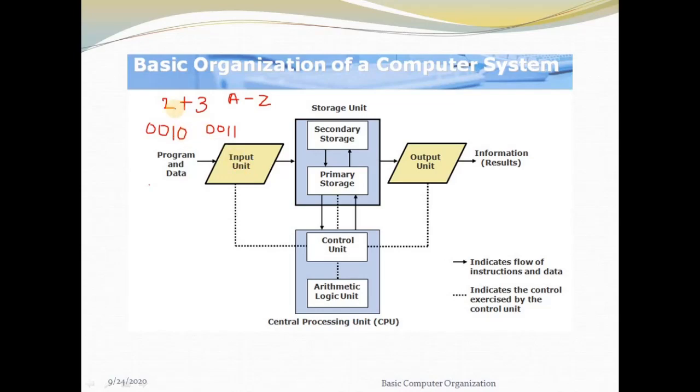When I say 2 plus 3, I can understand this is 2 and this is 3, because it is human understandable language. Or I can give characters, alphanumeric numbers, or any kind of information. I can give data like the alphabets A to Z to the computer. But this entire thing is not understood by the computer system, because the computer understands only zeros and ones.